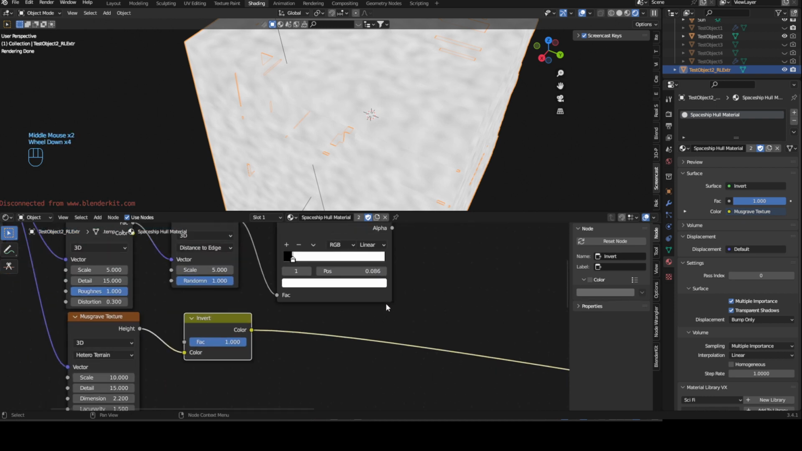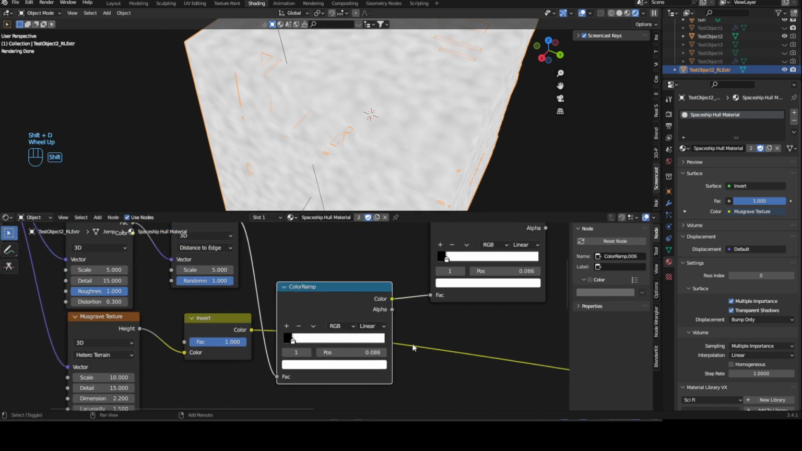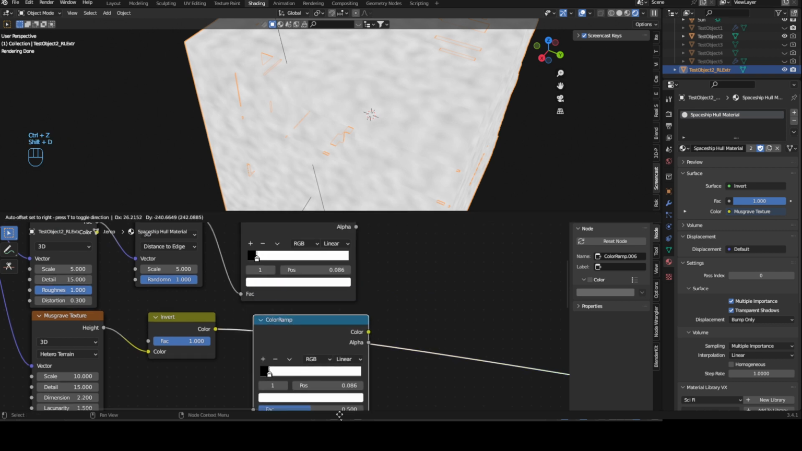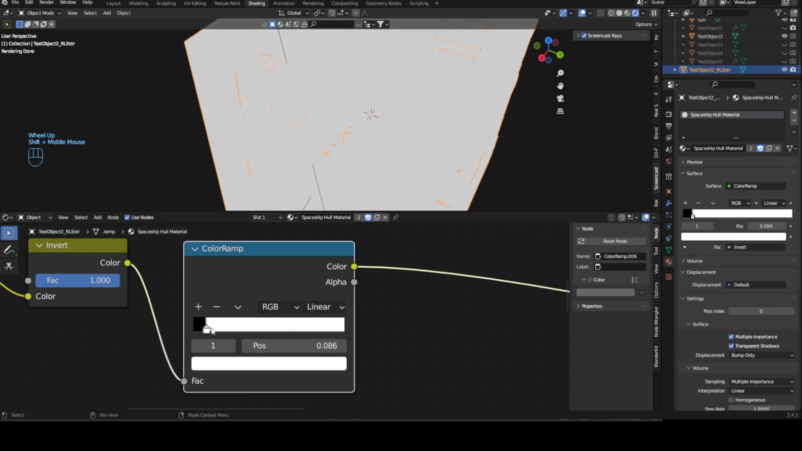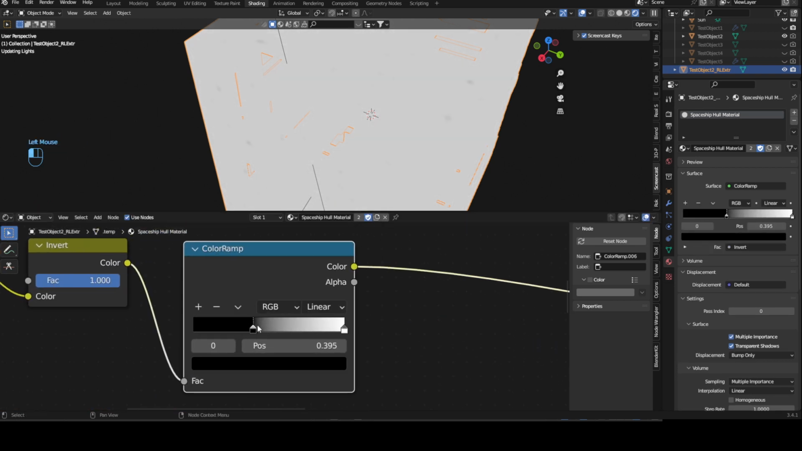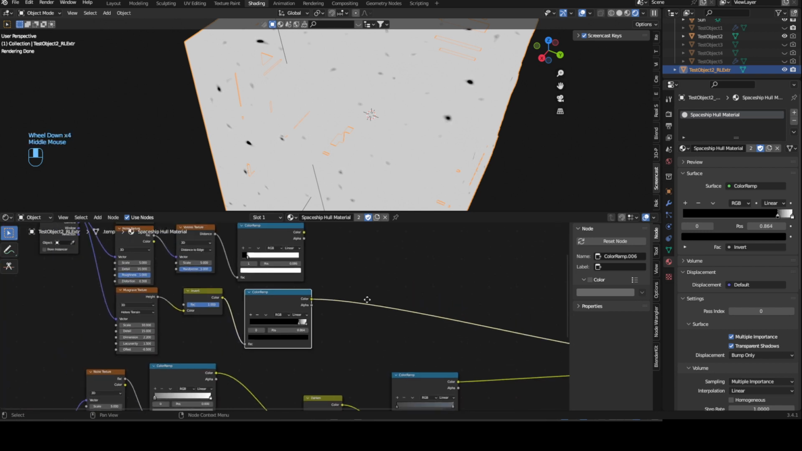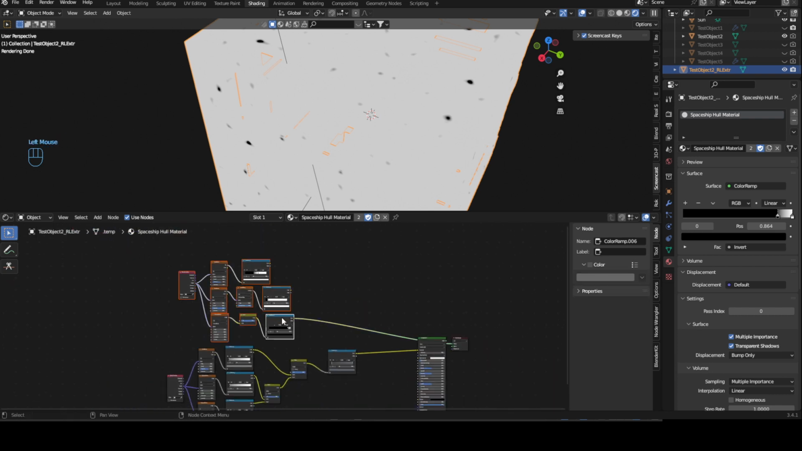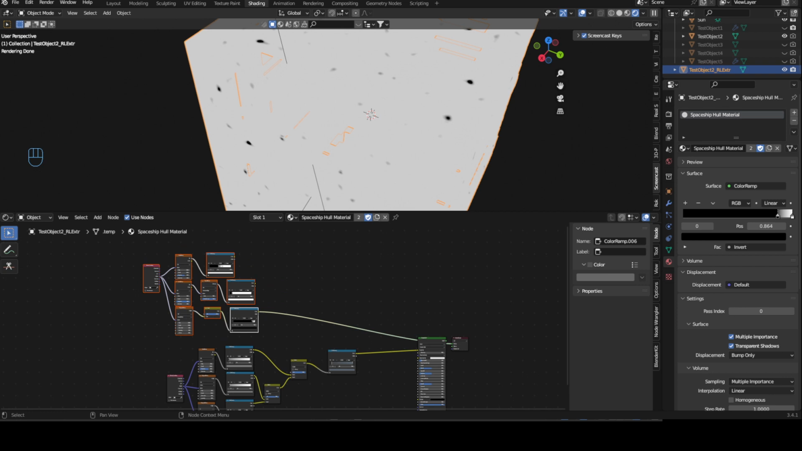Exactly, invert this, and let's duplicate the color ramp. Bring this here. Nope, not there. Bring this here, and then bring this to here, and we want to make this dark. So we have dark spots. For example, something along those lines. So select all of this, bring this up. Okay,